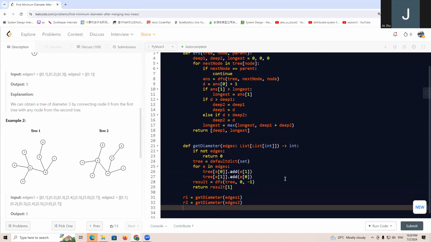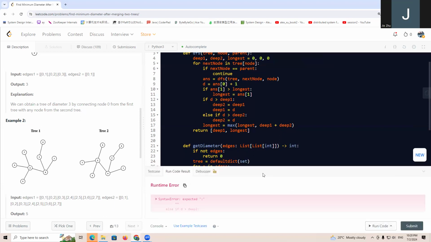So that is return max R1, R2, or R1 plus 1 divided by 2, right? And also plus 1 plus R2 plus 1 divided by 2, right? This is the early